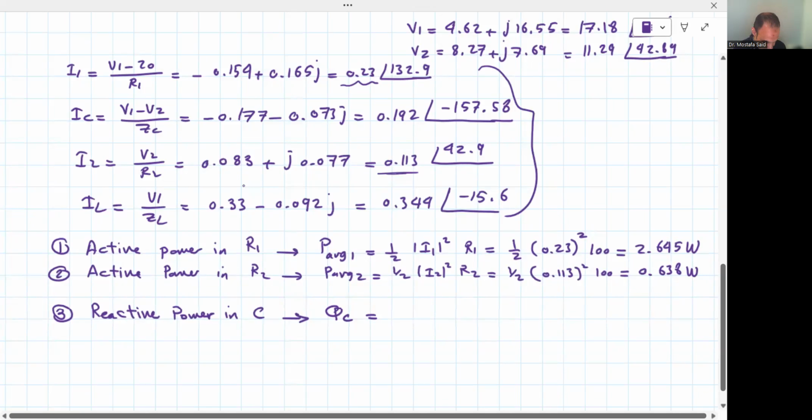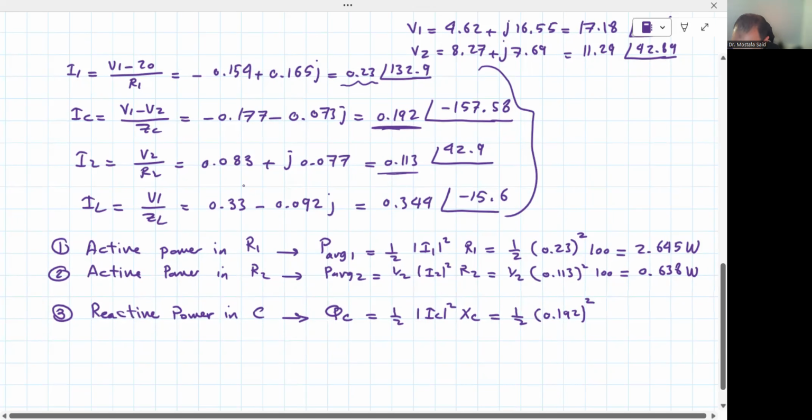QC is half again the amplitude of IC squared, the current through the capacitor, which we call IC, by the way, multiplied by XC. So half, where is IC? IC is here. That's the amplitude. So 0.192 squared,